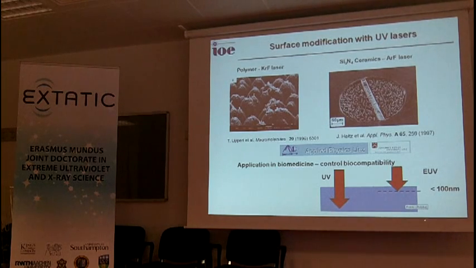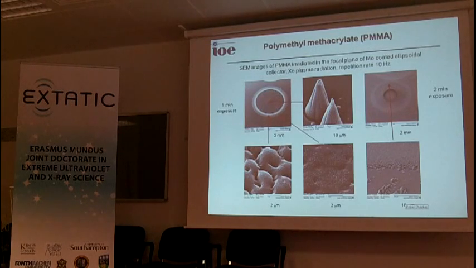And they came to the conclusion that when we use EUV light, whose penetration depth is much smaller, it will be able to modify the surface without degradation of the bulk material. And they proposed, because we didn't know about it, it was outside our specialty, so Johannes Heinz came to us and gave a seminar and proposed to use the source for this application, and it was done. Now this is an example for PMMA, for 1 minute exposure time, for 2 minutes exposure,